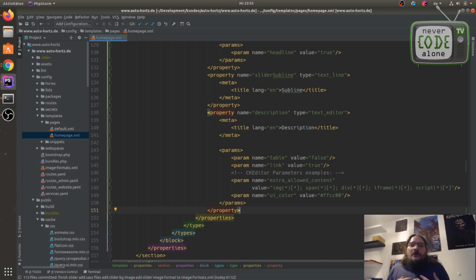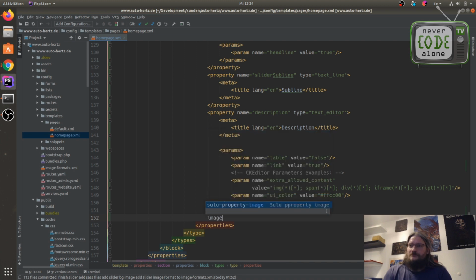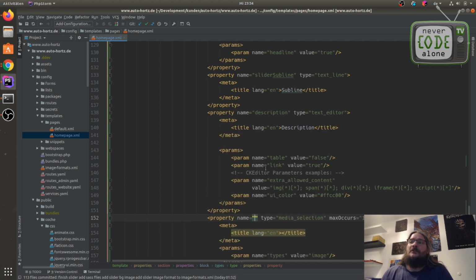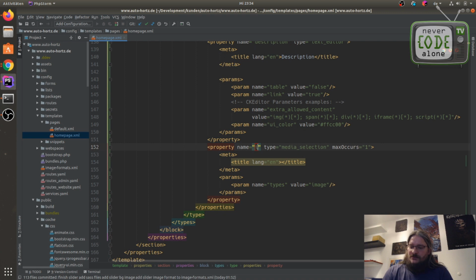I have to open my browser, check the Zulu documentation, or I have to go to another XML file here. And when I start a new project like now, I don't have any text editor field here, so I have to go to another project to copy paste something from there, and this is super annoying. And so here I'm super fast, and when I want to add an image now, I have the property image, and this just has a key image.